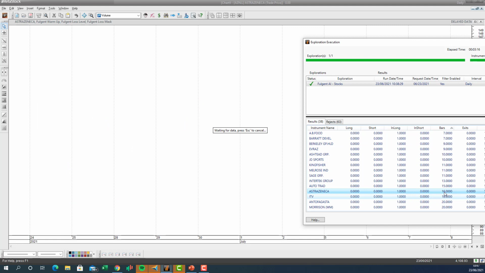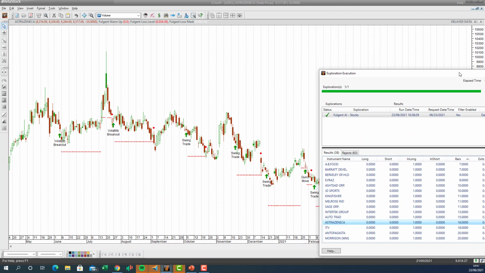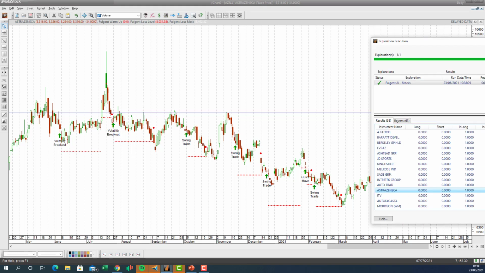16 bars into the trade. Fantastic swing trade there. Did hit a stop loss there, but if you had held on there, move another swing trade there. It's in a long, and the stop loss has moved up from there to there now. So you can see AstraZeneca's in a long. Old highs here would make the resistance targets. So you can see there's a cluster of resistance there. That would be the old resistance target there. So that one is looking good. If we scroll down the rest of the list,